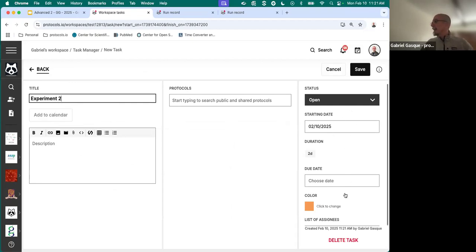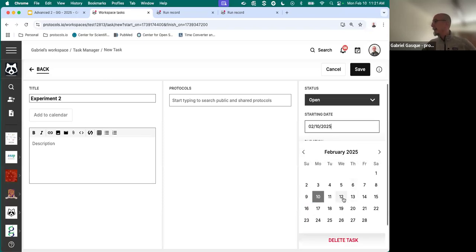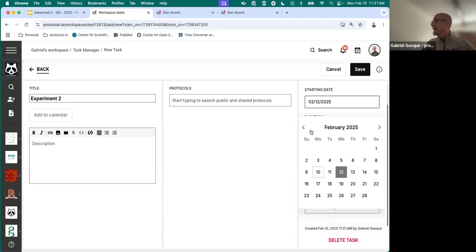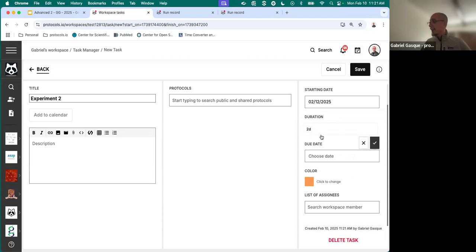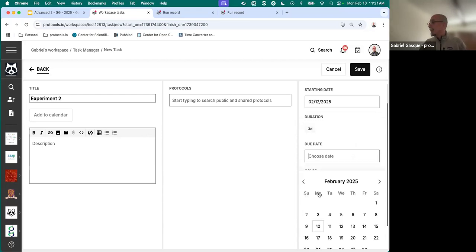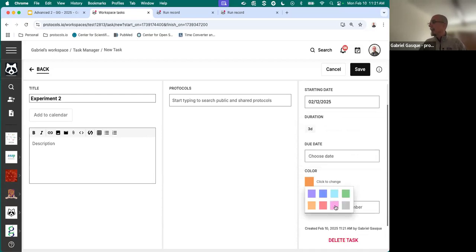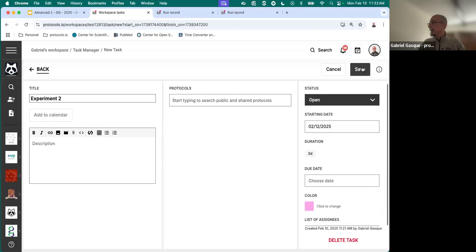It's going to be open. Let's say today is Monday. Let's start this experiment on Wednesday, the 12th. And it's an experiment that is going to last, I can change here, let's say 3 days. So I mark 3, that's 3 days. And you can choose a due date as well. You can change the color. I'm going to say color pink. Now I can save